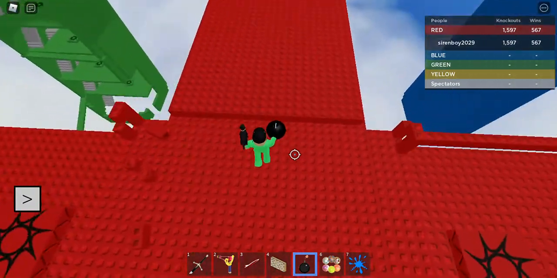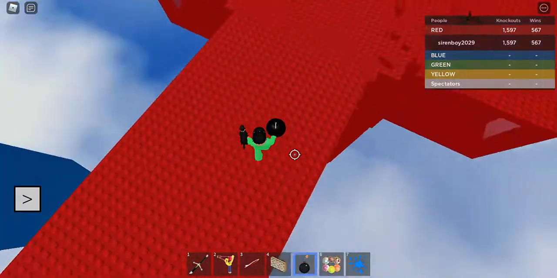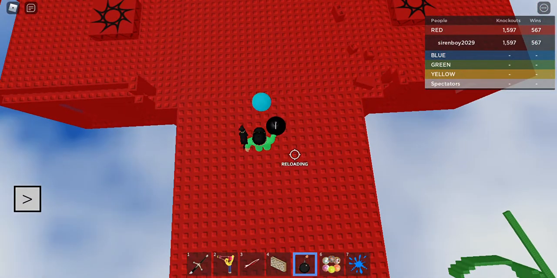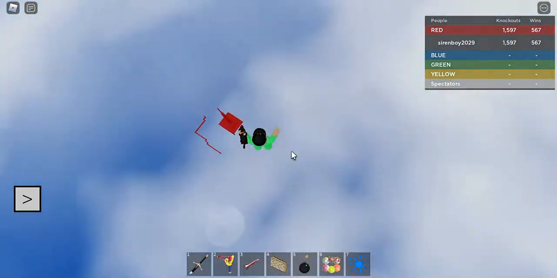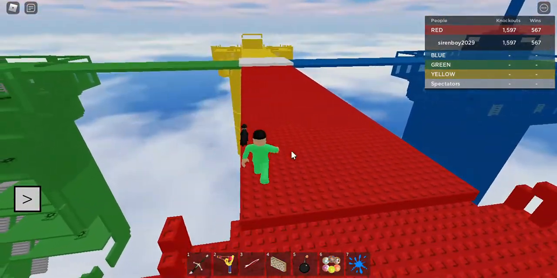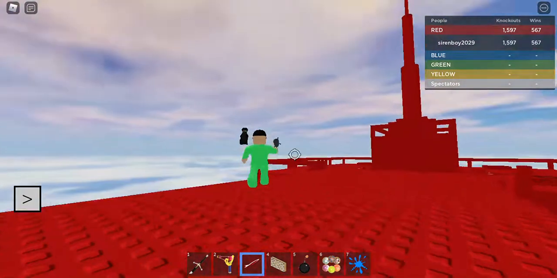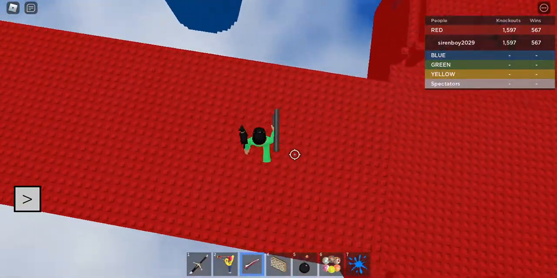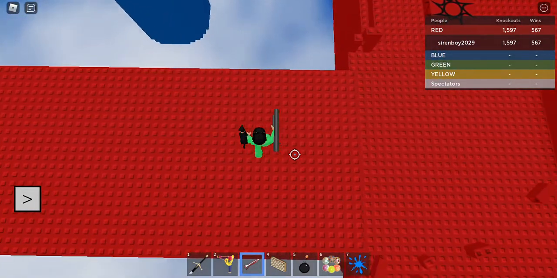Basically, you just jump on the bomb, place it. In terms of usefulness, I'd say it's probably a 6 because you really, actually no, maybe I'll give it a 7 because it can be